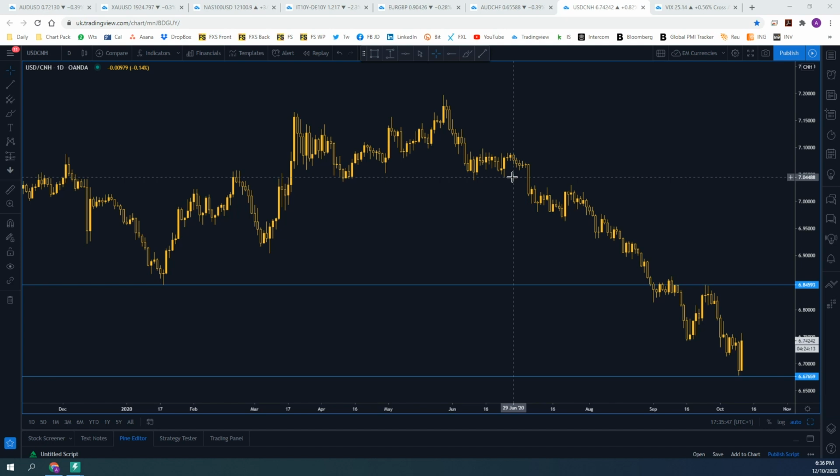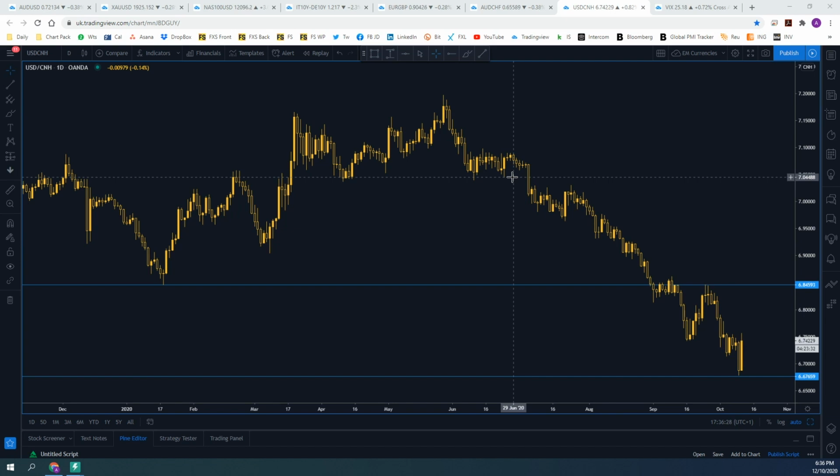So these types of cuts usually occur when the PBOC is comfortable with the strength of the yuan, but doesn't necessarily want to set a weaker daily fix for the US dollar Chinese yuan midpoint, if that makes sense. So choosing to allow markets to increase that two-way flow of the currency is usually a sign that they are more confident in the fundamental outlook for the currency. And also, not only in those environments, but also in environments where they just want to stimulate more borrowing by cutting the reserve requirement.